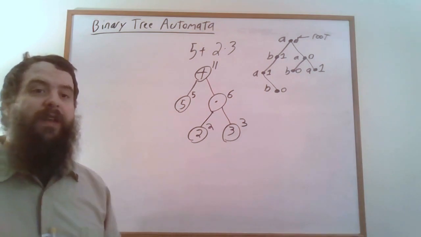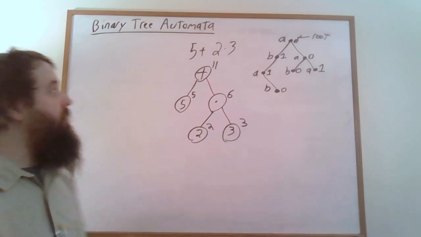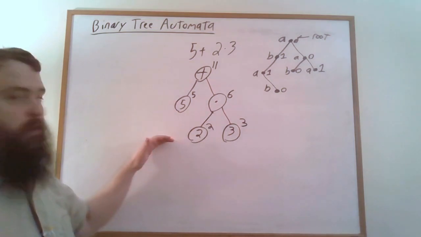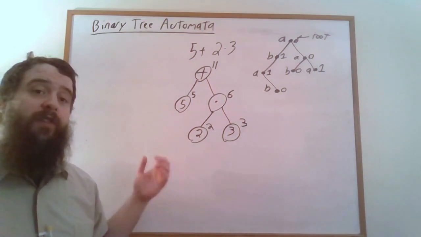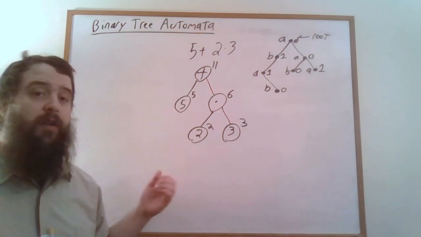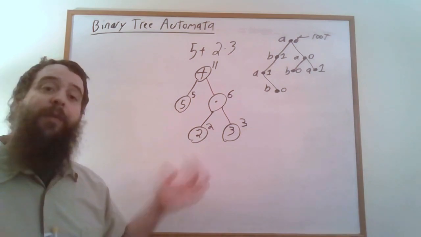So, thanks for watching. In the next video, you might be curious if there's a way of making sense of automata that start at the root and work their way towards the leaves. These are called deterministic root-to-leaf tree automata, and I also hope to talk about non-deterministic tree automata. I hope that you'll join me for that.